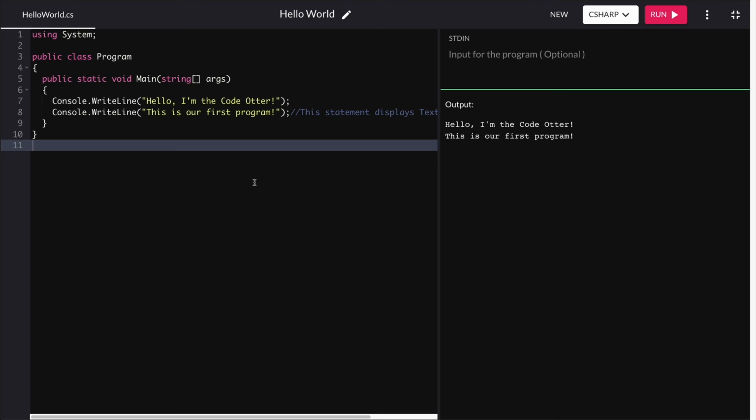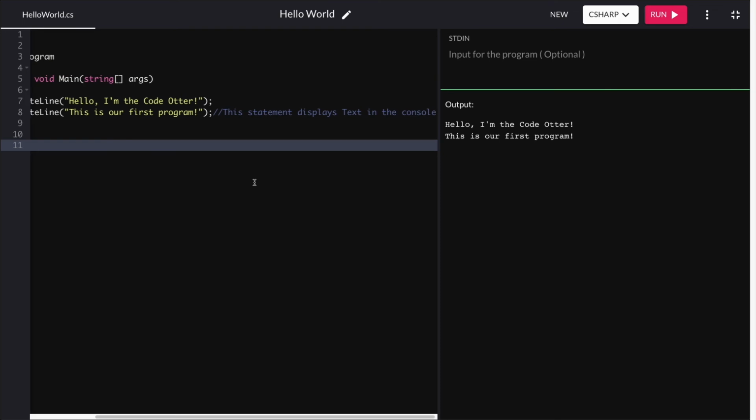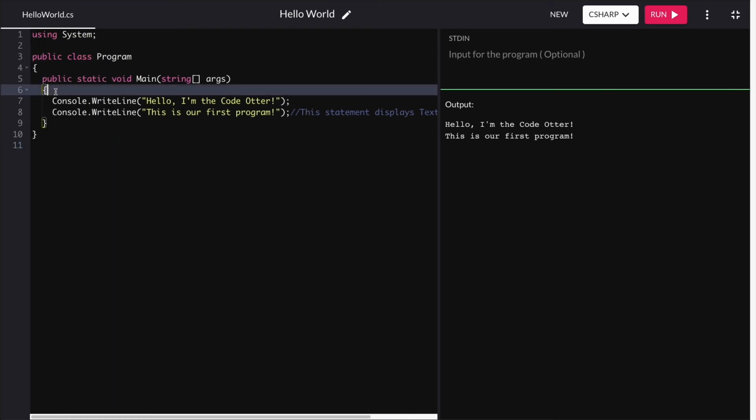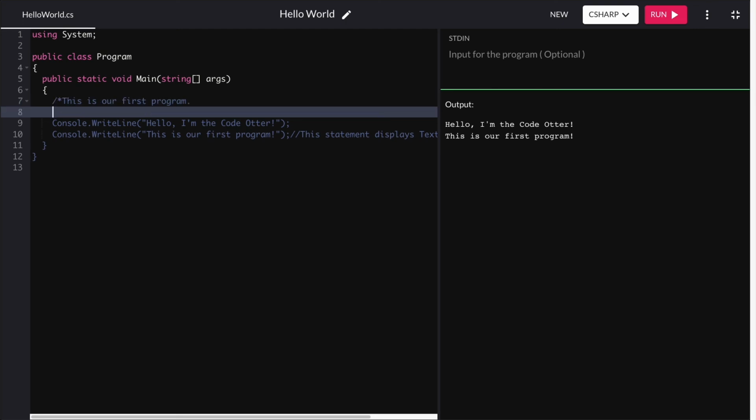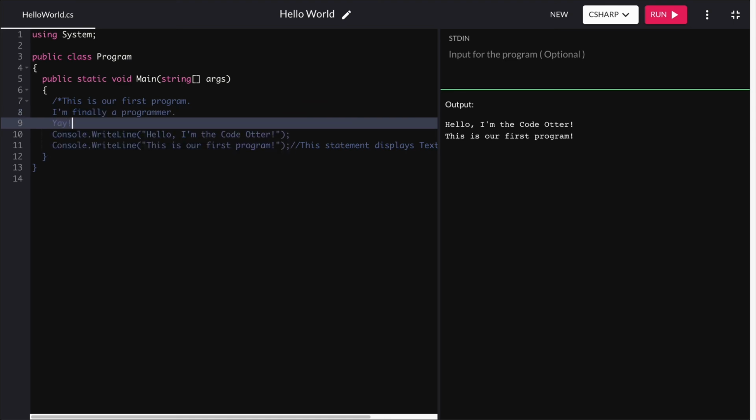Such a comment starts with a /* and ends with a */. Everything in between is recognized by the computer as a comment and is ignored, no matter how many lines such a comment has. Let's try it out. Above our two statements, we make such a comment. We start with /*. This is our first program. I'm finally a programmer. Yay! */